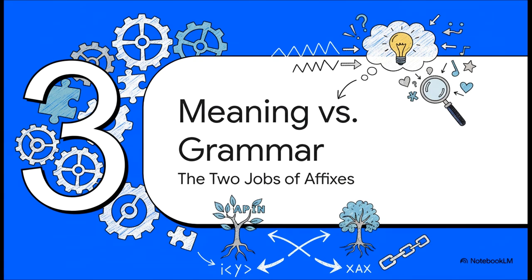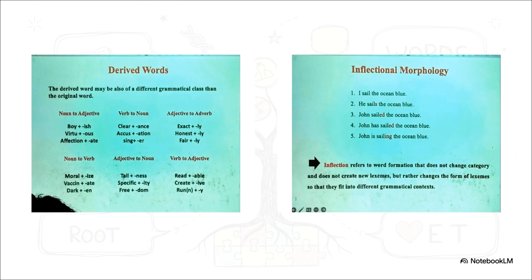Well, it turns out they have two very distinct jobs. One is all about creating brand new meaning, and the other is purely about grammar. Just take a look at these two examples. On one side, you add ish to boy and you get boyish. On the other, you add ed to sail and get sailed. Now, both ish and ed are suffixes, but they are doing fundamentally different work here. One is creating a whole new concept, while the other is just tweaking the word to make it fit into